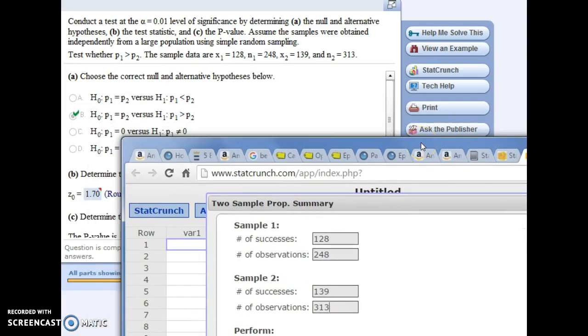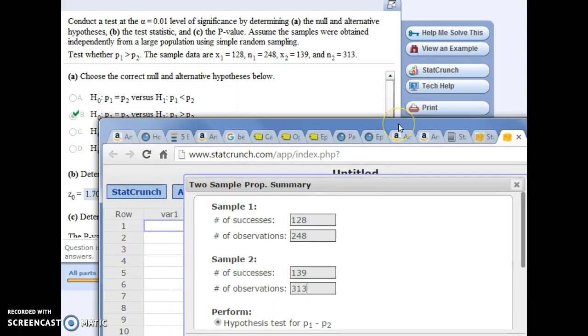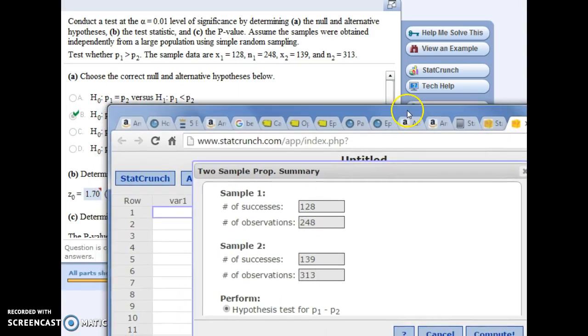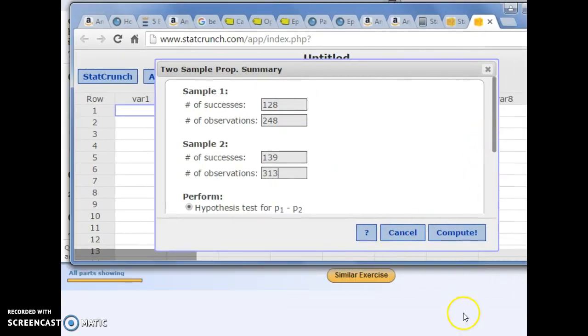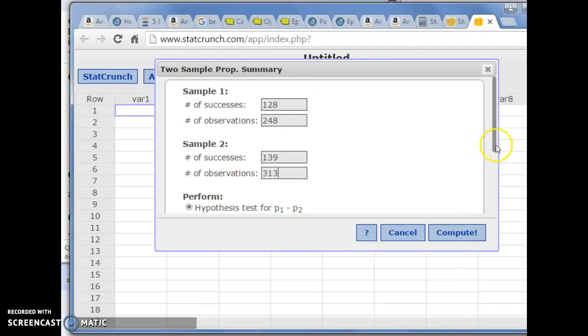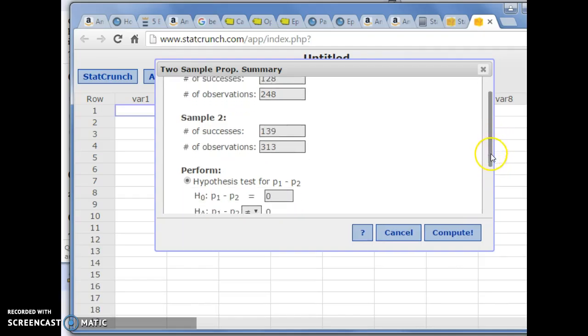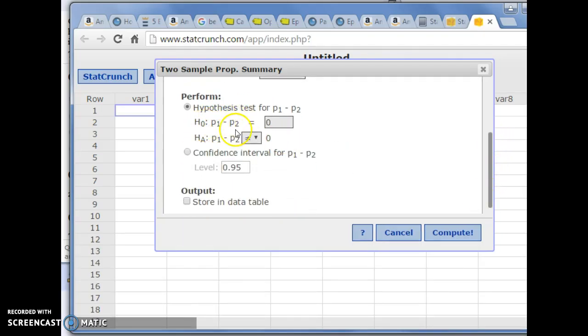And what it is asking us to do here is the hypothesis test that P1 is greater than P2. So as you come down, a hypothesis test, our null is that they're equal, which means if you subtract them you get 0. Our hypothesis is that P1 is greater than P2, or in other words, if you subtract them you're greater than 0 because P1 is the bigger number. So click that, then click Compute,